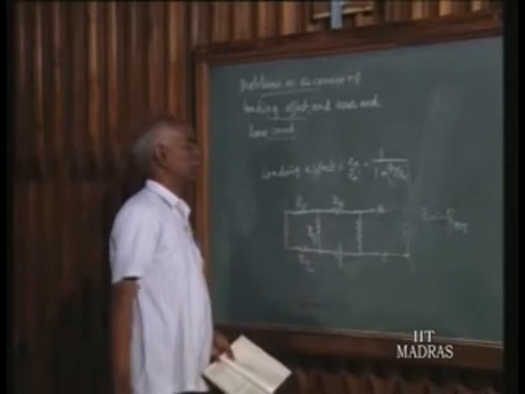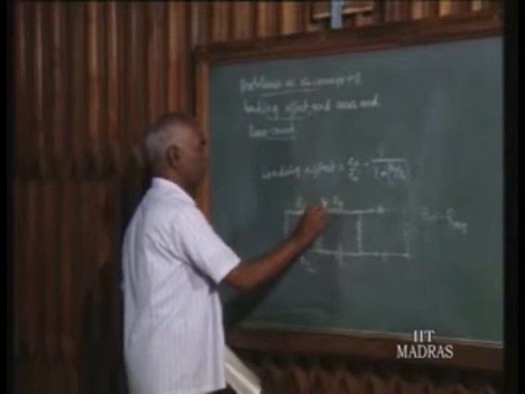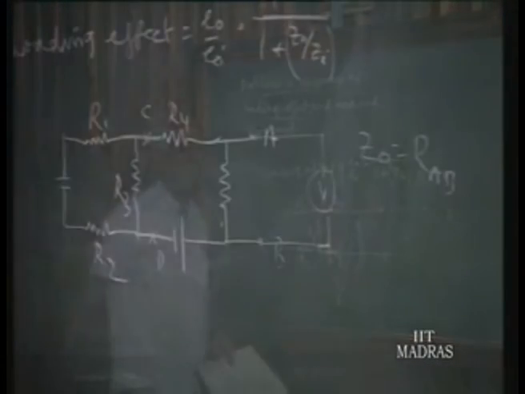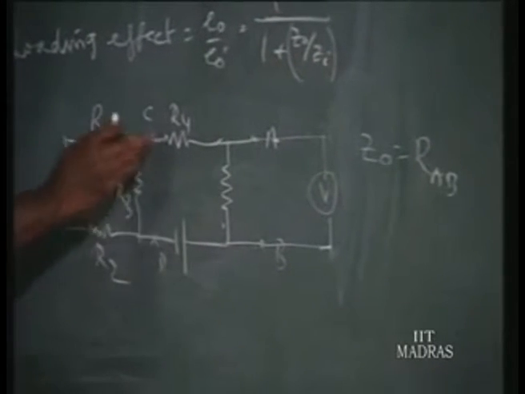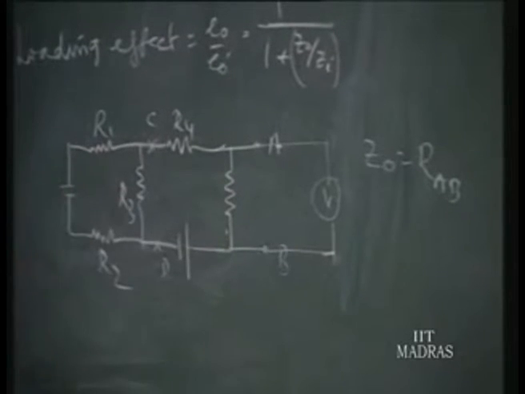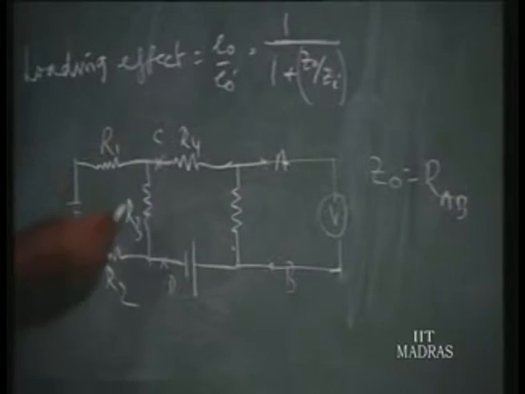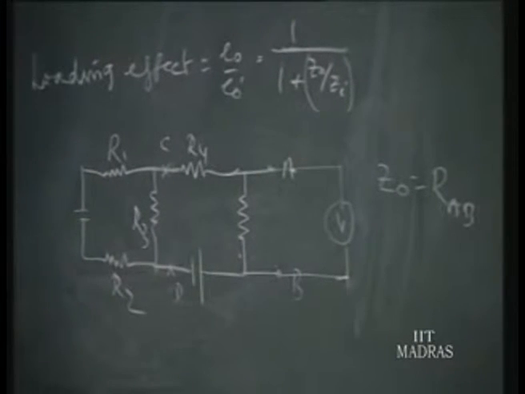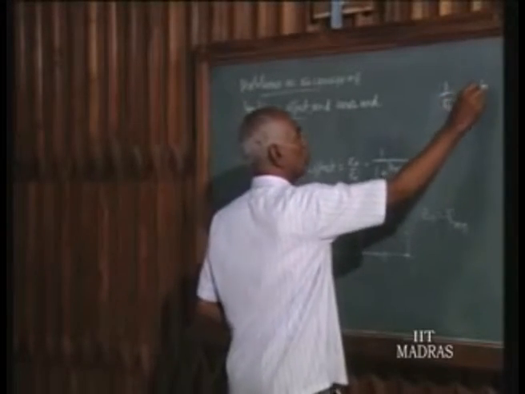In such circuits, it is better we find part by part. So, call these two points C and D, and across CD, suppose this right hand side does not exist, what is the reflected resistance of the circuit across CD? That is R1, R2, R3. For this purpose, we normally use a thumb rule. Start from one point C, try to reach the point D, and see how many paths are there. So many parallel paths. Then find out the equivalent resistance of the parallel paths.